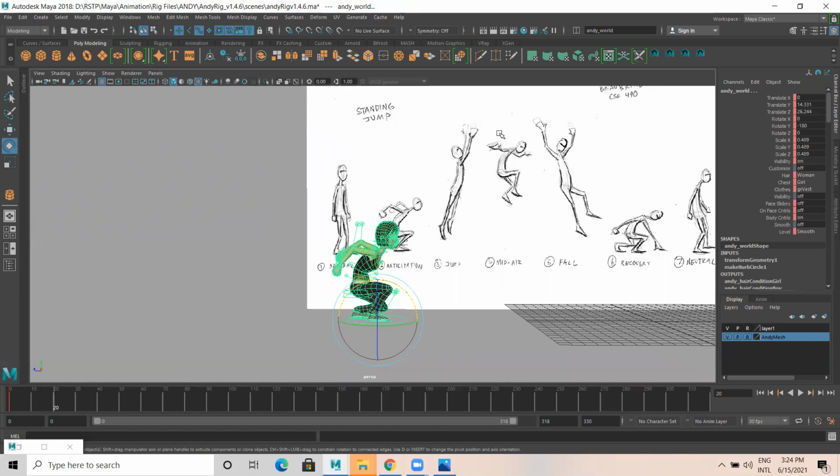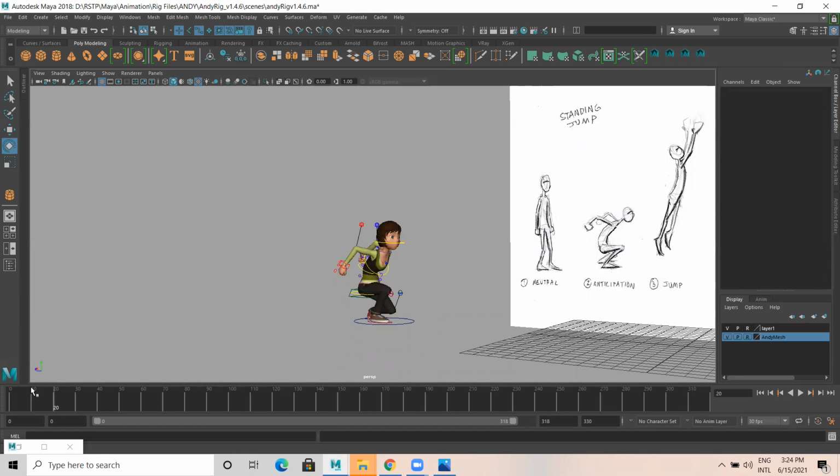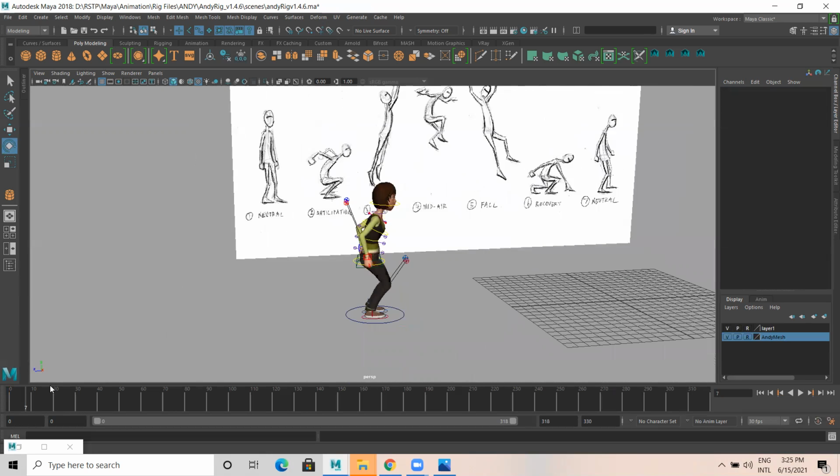Set key in frame number 20. So now observe what happens. It was like this, see frame 1. And when I play to frame 20, she is settling. See? It looks nice. The poses are good. She's preparing for the action. Like this, from frame 1 to 20 is done.